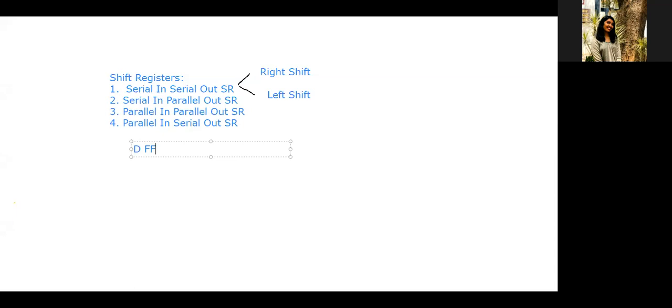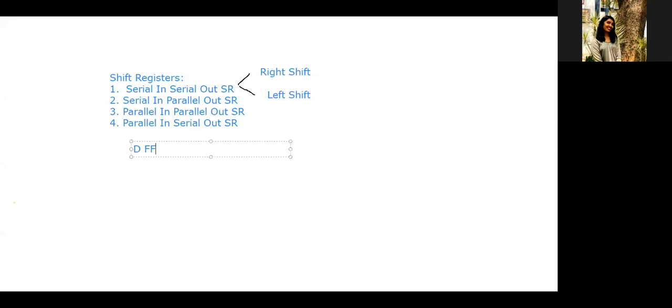Why? Because it is called a data flip-flop or delay flip-flop. Why are we calling this a data or delay flip-flop? Because whatever the value of D which we are applying, the same thing is carried forward towards the output. That's why we call this a data flip-flop or the delay flip-flop. It doesn't do any operation. Whatever the propagation delay of the flip-flop which we are having, with that propagation delay, it takes the input signal and produces the output after the delay.